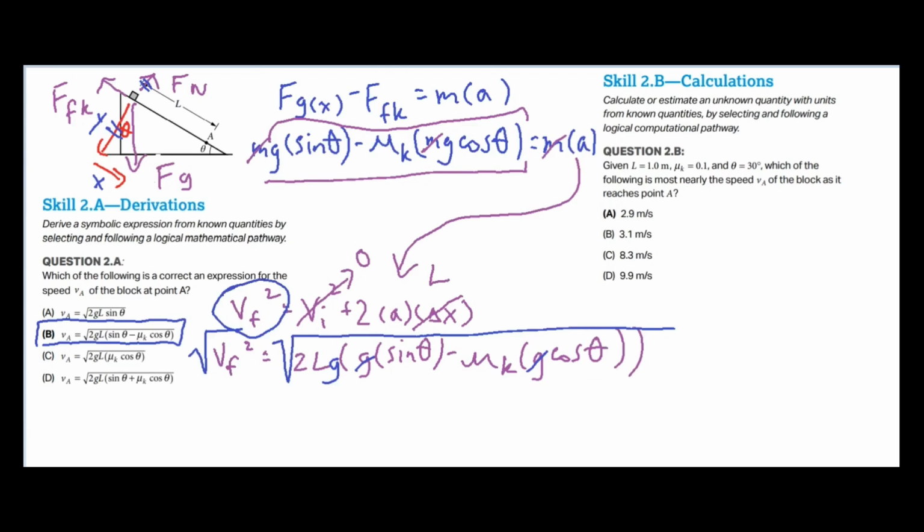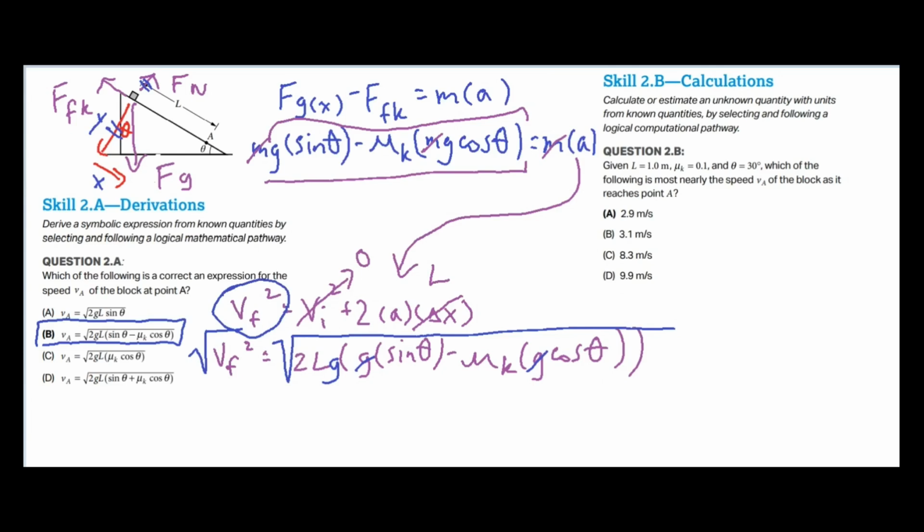All right. Now taking a look at 2b, these are calculations, just plugging numbers in, so obviously doing something similar to what we did with skill 2a, but actually plugging in some number values. The thing is you have to be very careful placing stuff into your calculator, using parentheses, and making sure things don't get combined in the incorrect way just because your calculator isn't quite understanding what you're doing. If you're a little bit nervous about that, I would say do more separate steps as opposed to putting this whole entire chunk in all at once. So what I would do is I'm going to go ahead